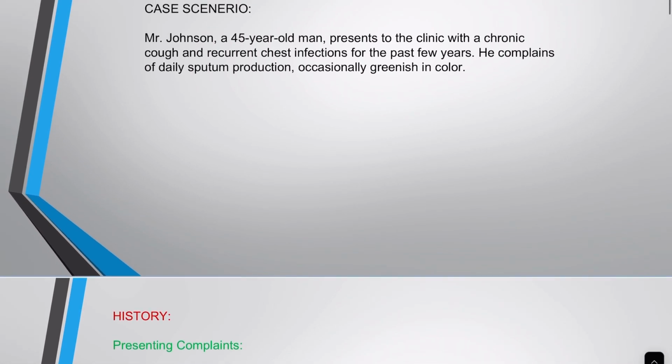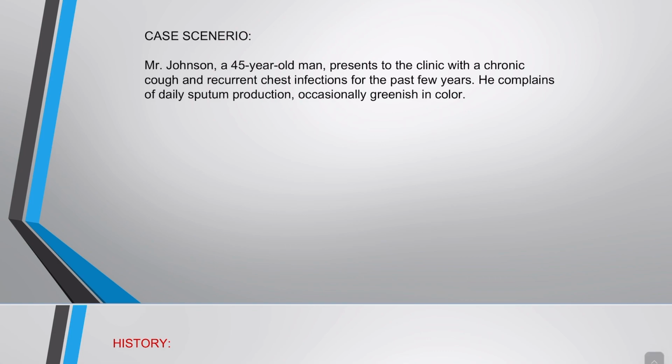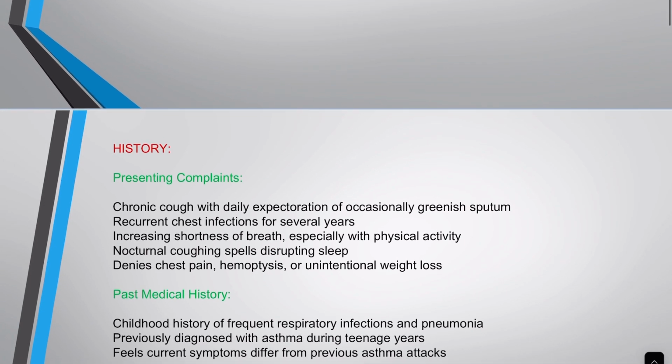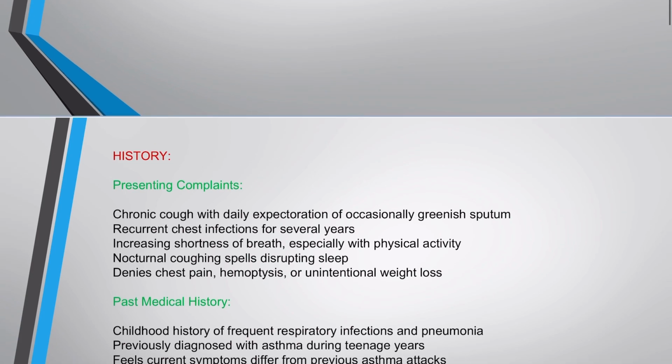Once we read the scenario, we're going to brainstorm. In this case, it's quite obvious that we're dealing with a respiratory case, and we must be thinking about differential diagnosis, like maybe it could be COPD, bronchiectasis, pneumonia, or maybe bronchial asthma with acute exacerbation. So all the differential diagnoses related to the respiratory system, you must think about. Once you enter the room, you're going to greet the examiner and greet the patient, and then you're going to take the consent and start with your history.